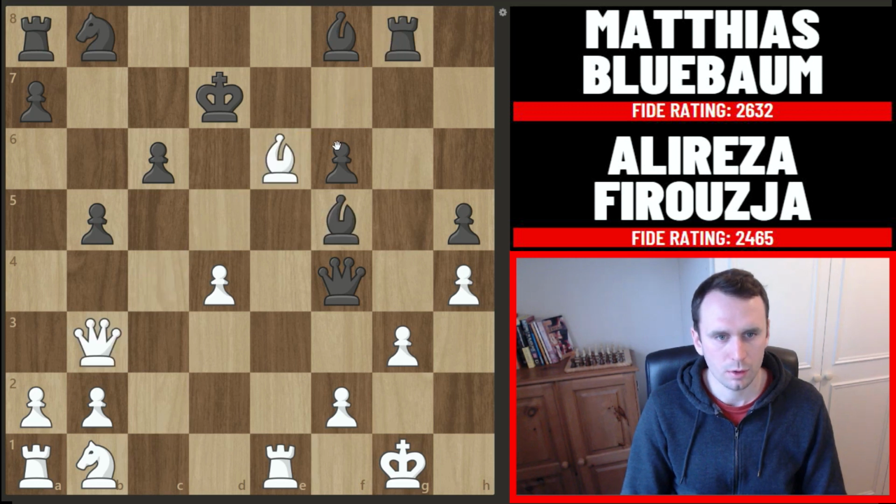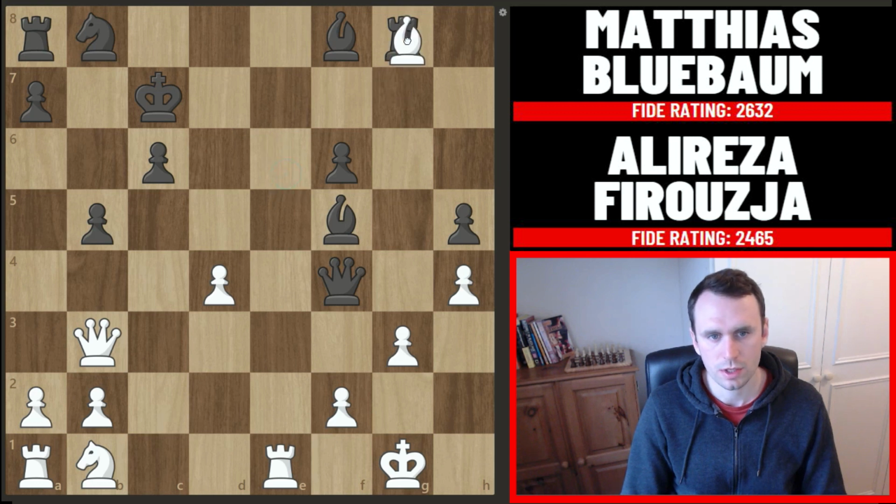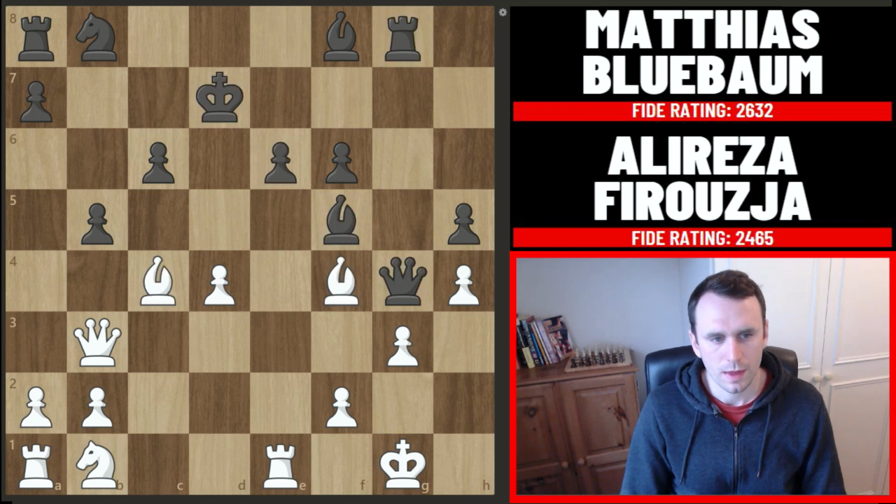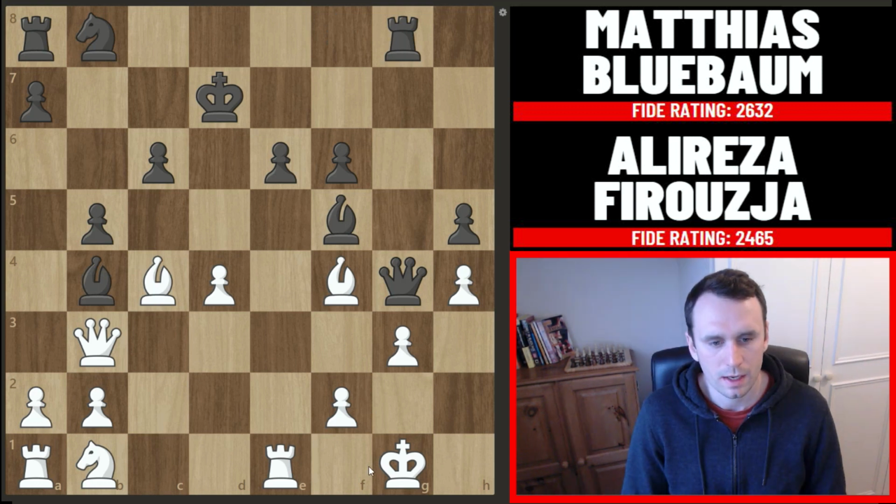And if the king moves away directly, say to c7, well now we can take on g8, but even stronger is actually taking on f5 first, because say the queen recaptures, then we're winning the rook. And if the rook moves away, well then we move the bishop away and we just have a big material advantage. So that's why Bluebaum went bishop b4 instead,